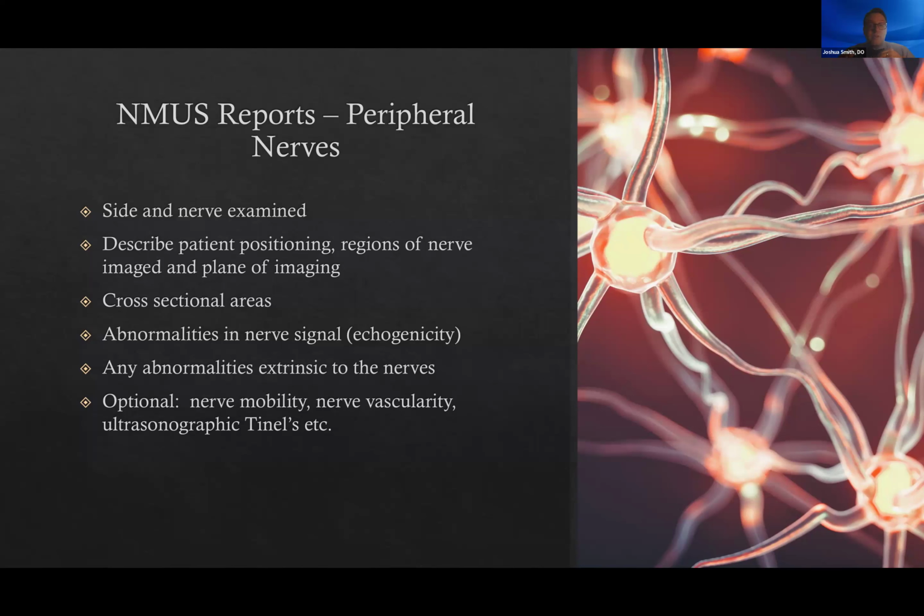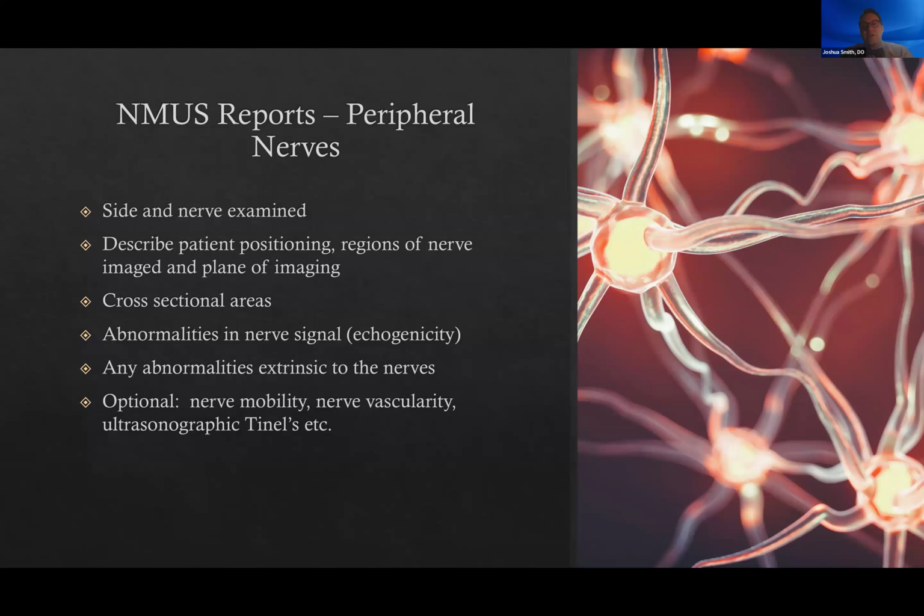And then there's more information you can provide. You could provide information on nerve mobility. If you put Doppler on, you could talk about vascularity, the ultrasonographic Tinel sign, where you're just pushing with the probe and they're saying, oh yeah, that's reproducing my symptoms. You don't have to